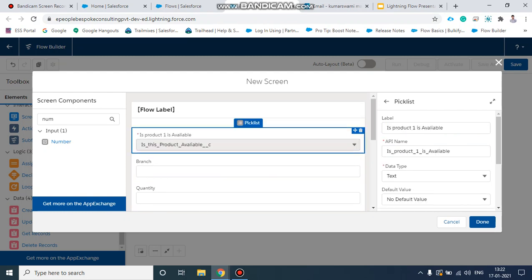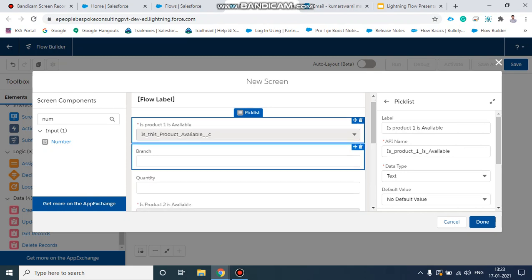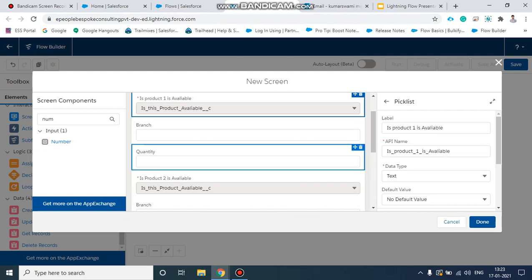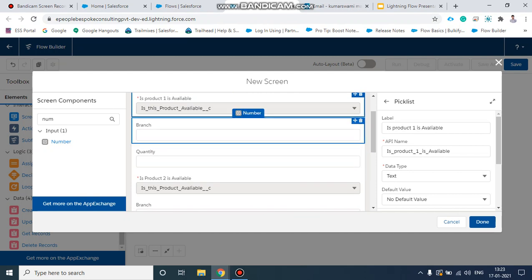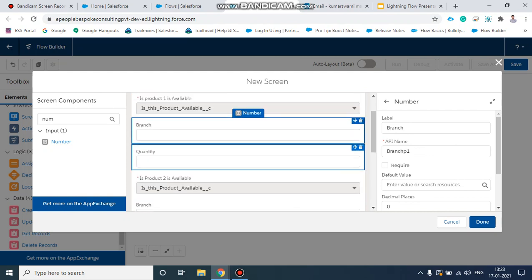And one more thing, these fields should appear when, at the pick list level, if they selected yes, then only these fields should appear, otherwise these fields should not appear. For that we need to set visibility.